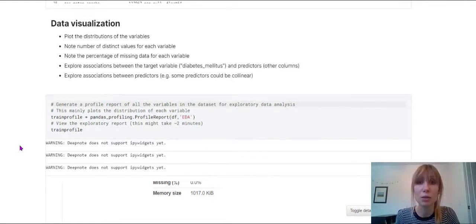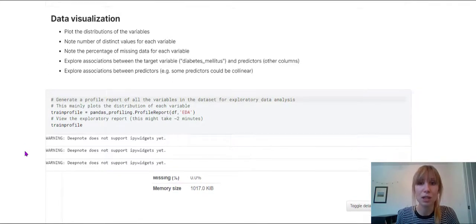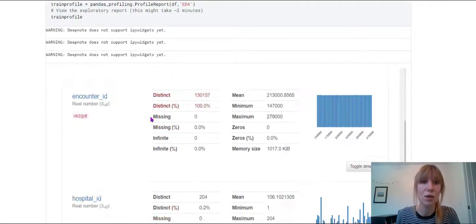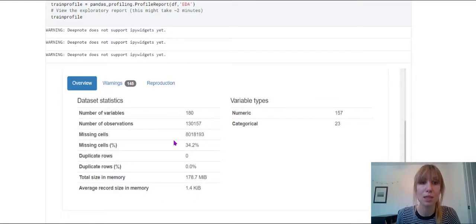Finally, in the real world, in industry or academia, it's really important to communicate the results of your analysis, so data visualization is really key for that. There are many ways to go about data visualization, so here, for starters, we can create this exploratory report through the pandas profiling package, which can tell us about each variable in the dataset, and it also plots the distribution